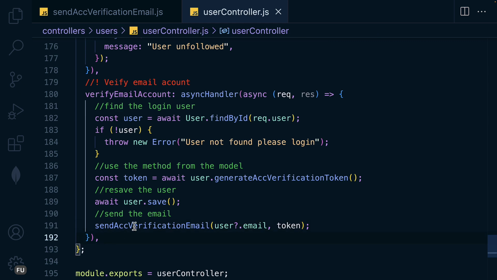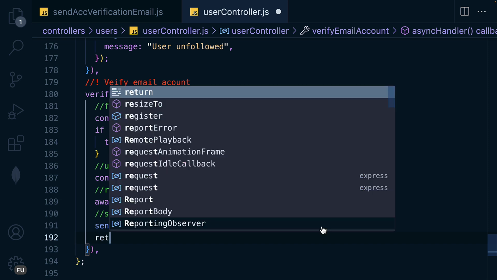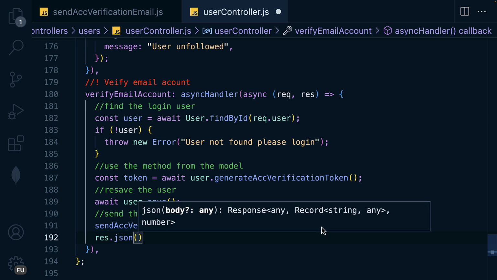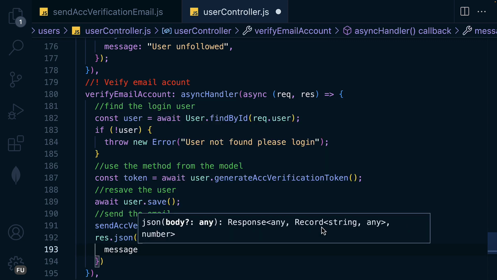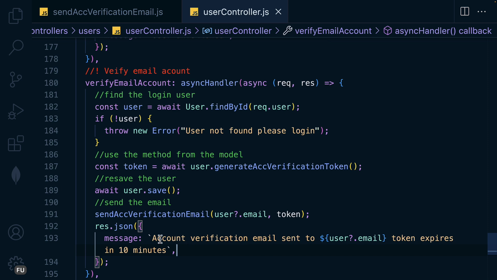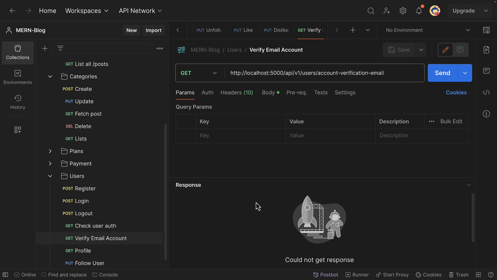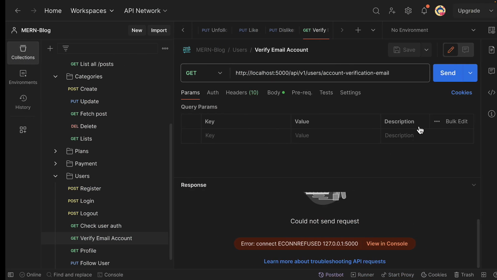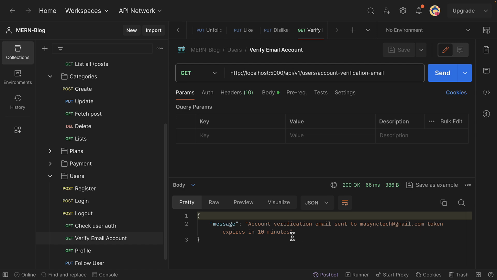All right, so let's go ahead and try it out. But before trying, let's return res.json, and then an object, we will say that message is equal to account verification email sent to your email, and token expires in 10 minutes. Over here, we are sending this message, but not the actual token. Take note of that. If I hit send now, unless I restart my server, and let's try,